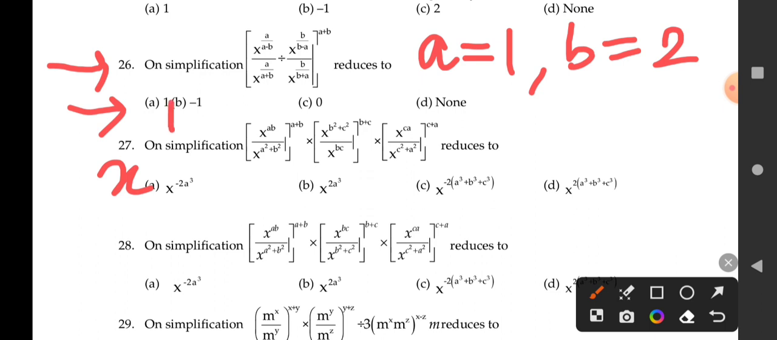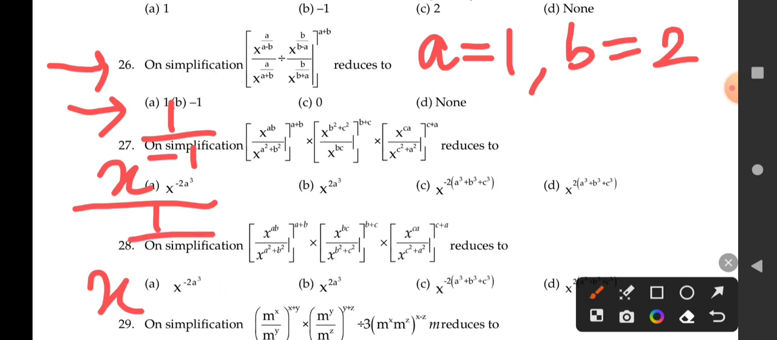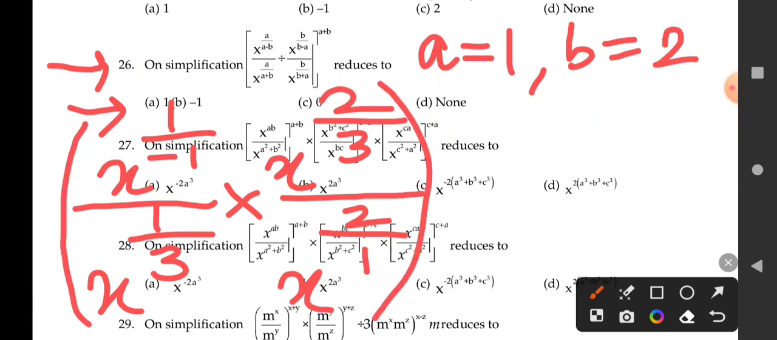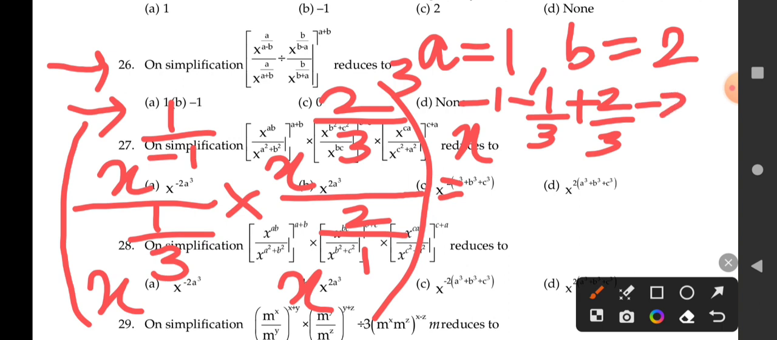X power 1 divided by 1 minus 2, minus 1, divided by x power 1 divided by 1 plus 2, 3. Then multiplying the equation and flipping the other terms, we have x power 2 divided by 2 plus 1, 3, divided by x power 2 divided by 2 minus 1, 1, whole power 1 plus 2, 3. This is equal to x power minus 1 minus 1 by 3 plus 2 by 3 minus 2, whole power 3, which is equal to